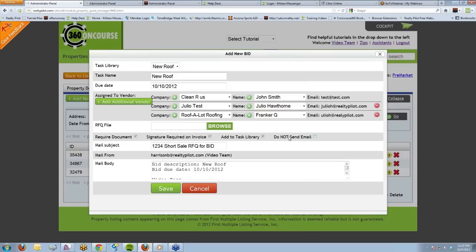library, and if you'd like to create the bid task but not send the email to these vendors, you can click here. This next field is what the system will fill in for the subject of the email. And then we have the body of our email. So if we have any particular instructions on requesting this bid, we'll enter it here. And when we click Save,